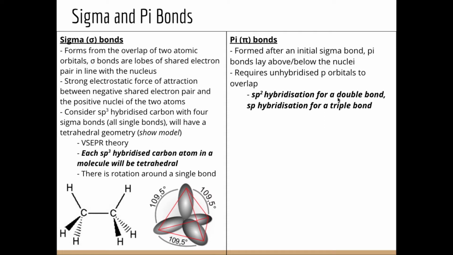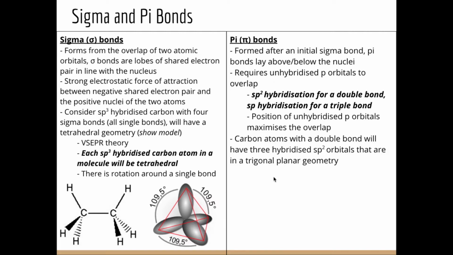We need sp2 hybridization for a double bond, sp hybridization for a triple bond. We'll model this in just a second. The position of unhybridized p orbitals maximizes the overlaps. So,